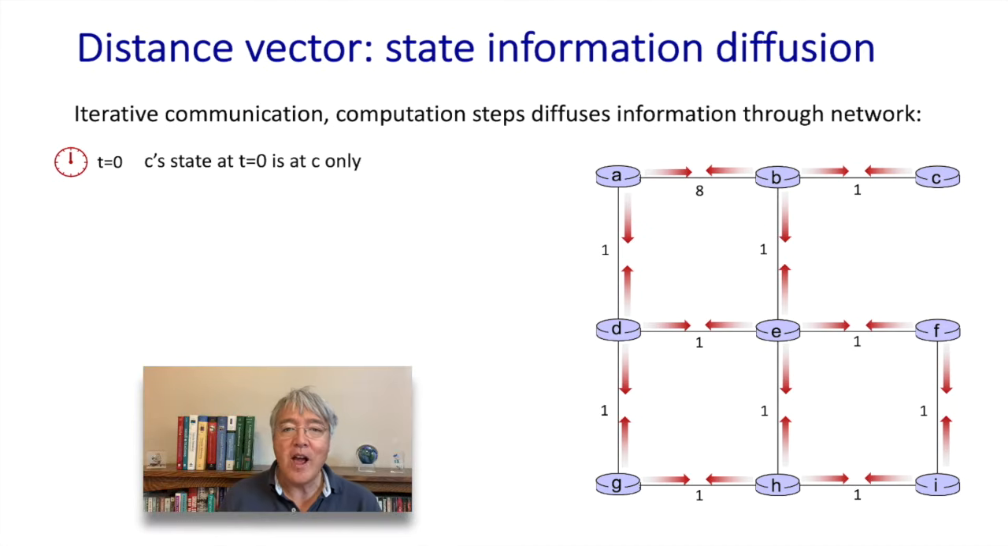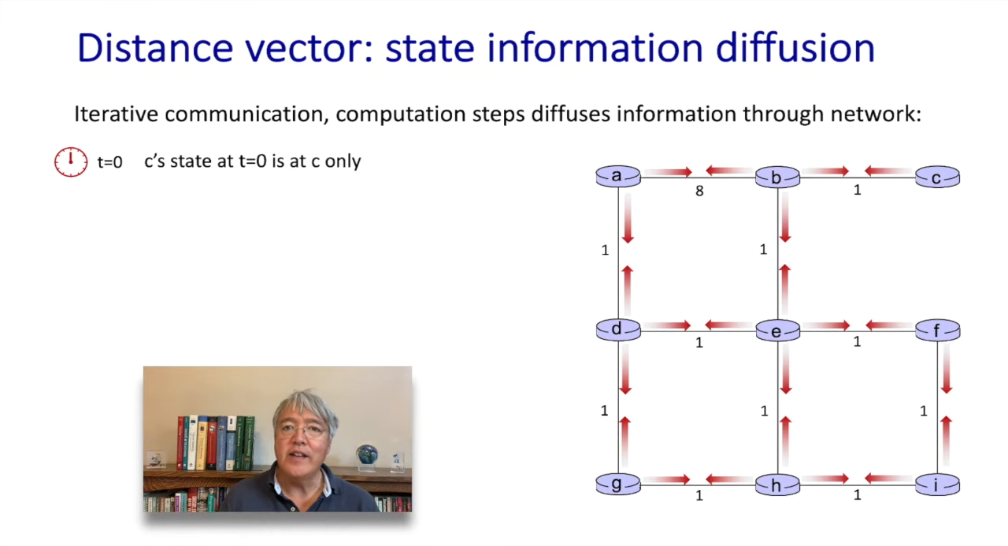The Bellman-Ford algorithm can be thought of as diffusing information throughout the network. To appreciate this notion of diffusion, let's take a look at node C and ask ourselves the question, what do other nodes in the network know about the state of node C, say at t equals 0, and when do they learn this information? At t equals 0, C hasn't communicated with anybody, so no other nodes have information about